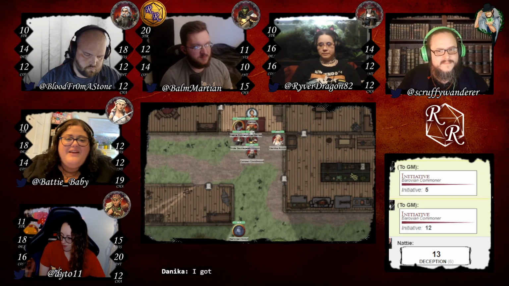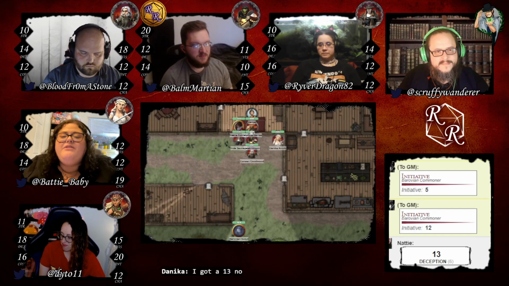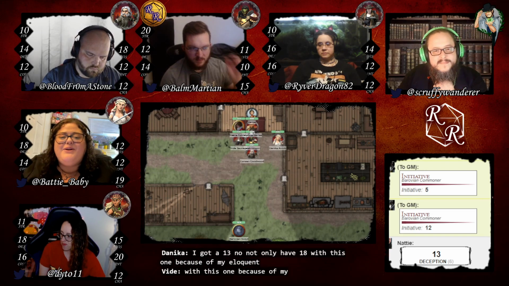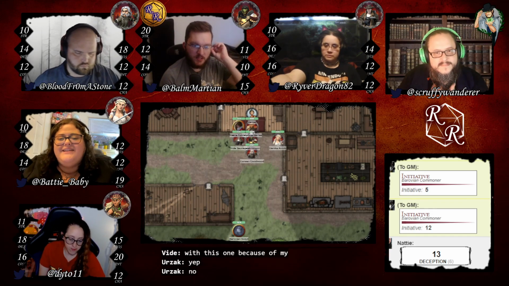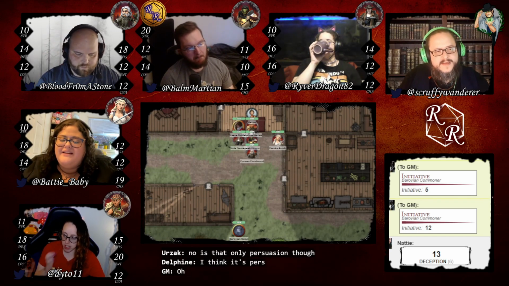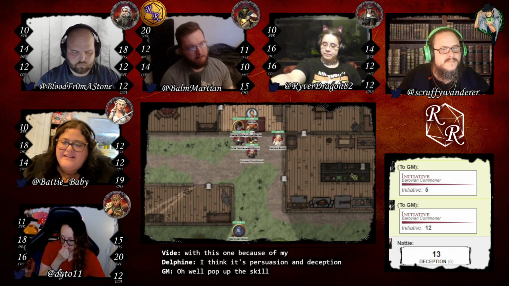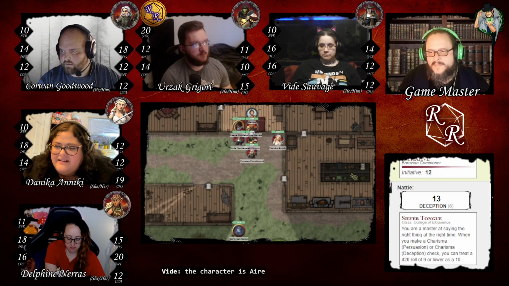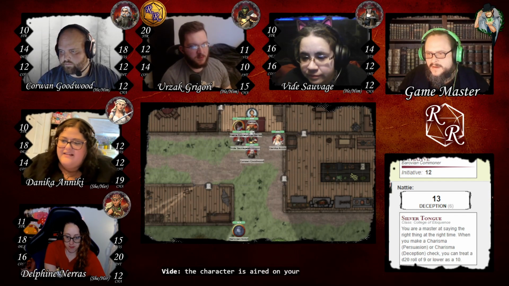I got a 13. But don't I have 18 with this one? Because of my eloquent bard? Is that only persuasion, though? I thought it's persuasion and deception. Look on your character sheet, on the right side.